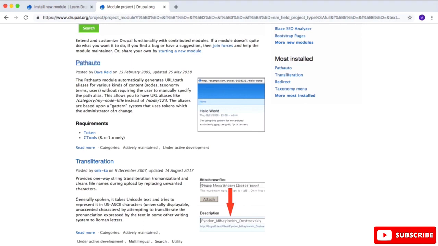But this Path Auto module requires these two modules to work. So we are going to open that in a new tab. I will hit command and click to open it in a new tab, and then I will go to Path Auto and I will grab the URL.